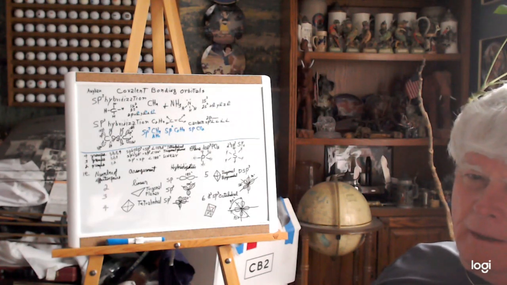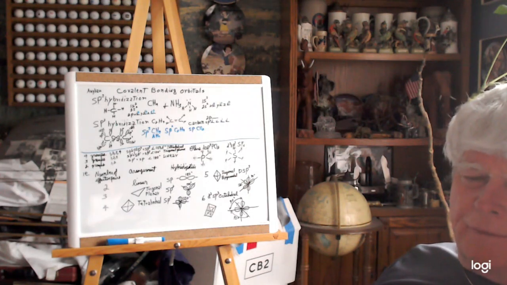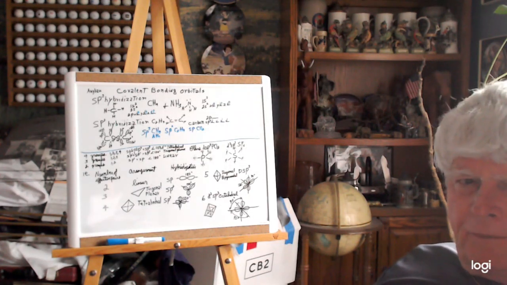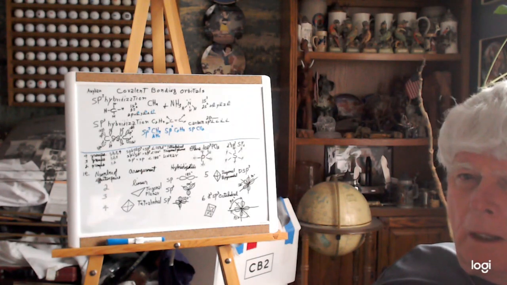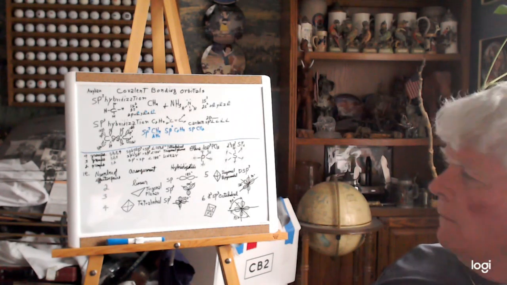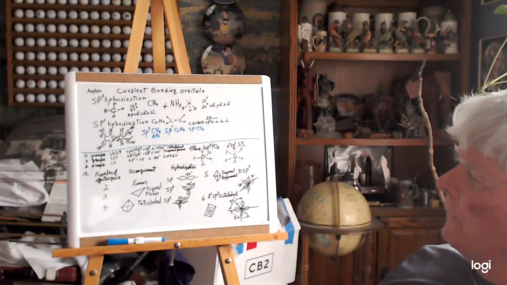Now you can readily understand you can't see any of this stuff, so you have to illustrate it with diagrams and models. Now the rules here are 4 groups for the first one,